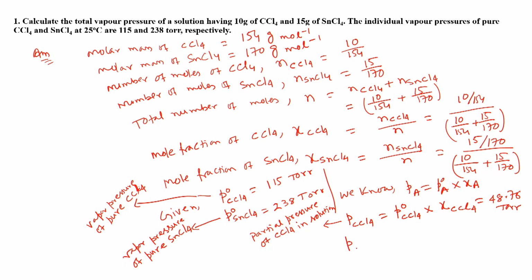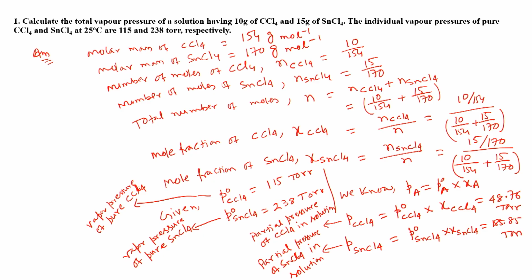And P SnCl4 is P naught SnCl4 times X SnCl4. Again, here P SnCl4 is the partial pressure of SnCl4 in solution. If we calculate this one, we get